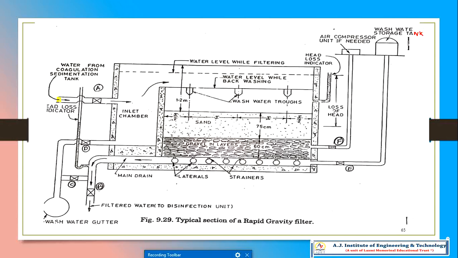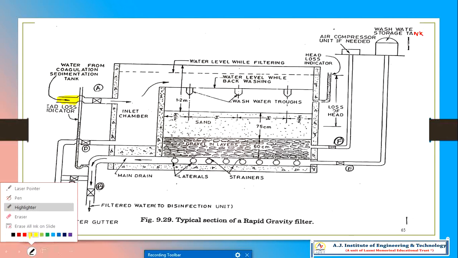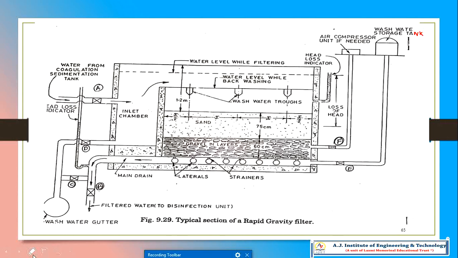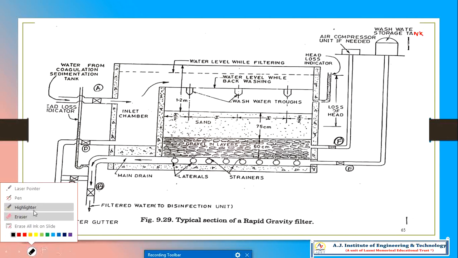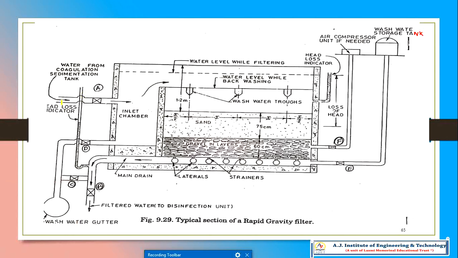So this is the inlet. Keep in mind this is the water coming from the sedimentation tank, going particularly to this tank where we are going to filter. I'll highlight only this particular one. This is the inlet, marked A.